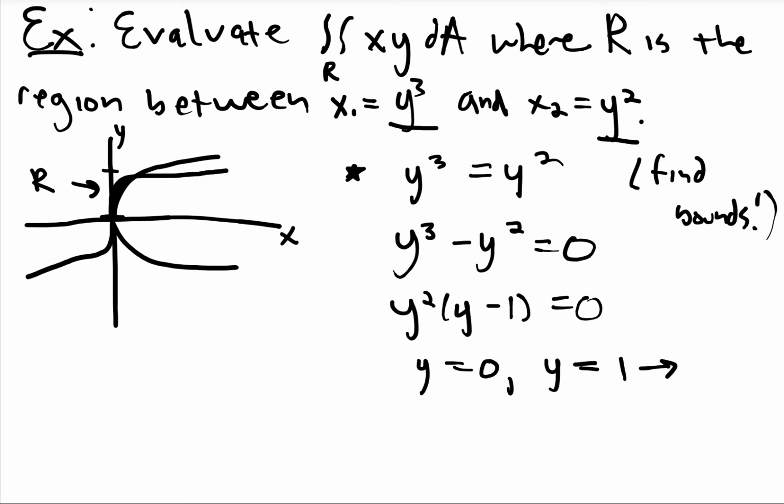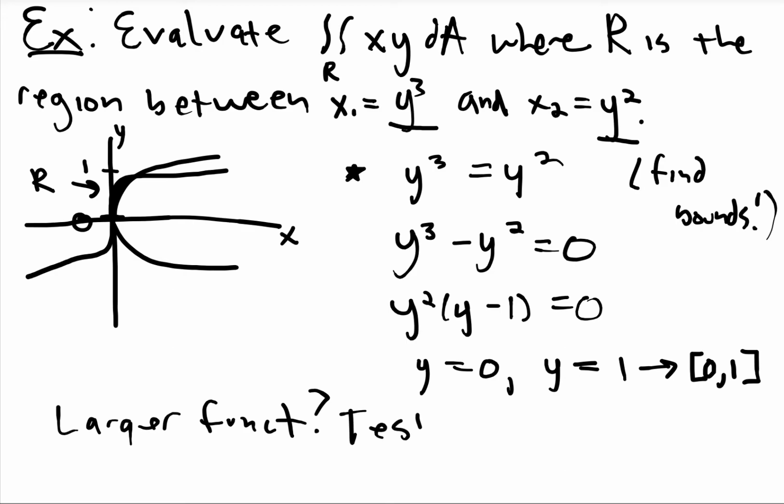So if I'm looking for bounds, at least on y, my numerical bounds are going to go from 0 to 1. So this guy right here, that intersection at the origin, we expected. This thing goes up to 1. Now, as far as figuring out which function's bigger, which function's smaller, if you don't necessarily believe me that the cubic function falls on the left-hand side of that parabola, if you're worried about the larger function,